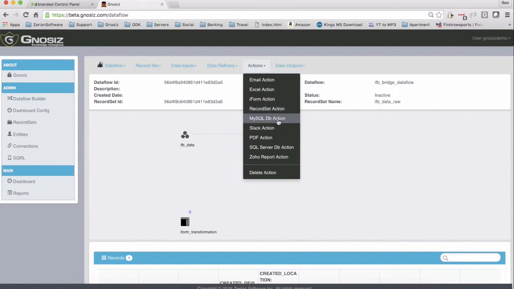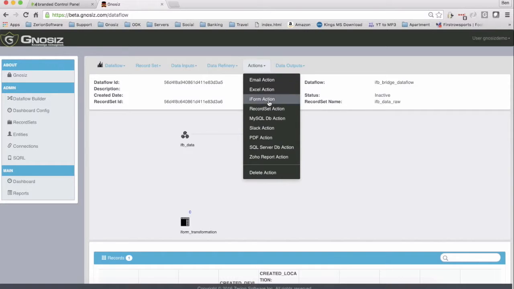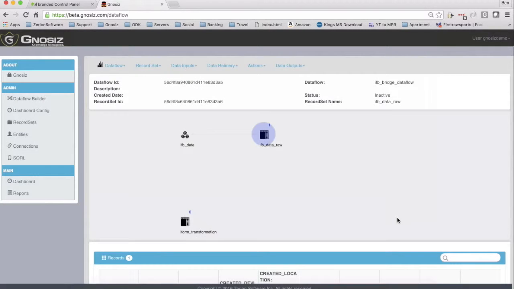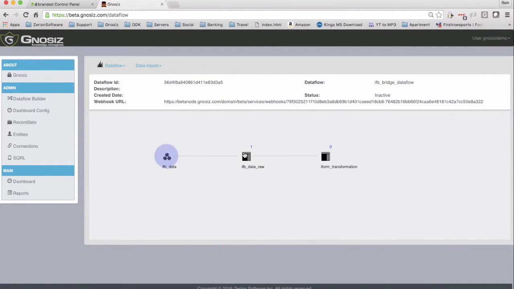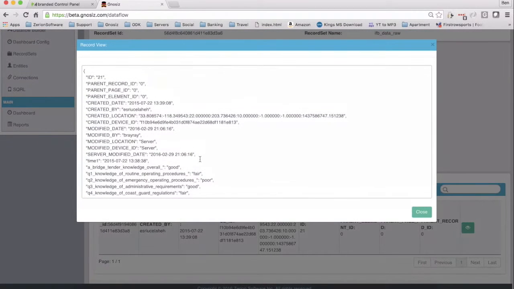So how we need to do that is first link up our record set. So I went up here into the actions and chose a record set action. From here I'm able to just send it right to transformation and save that. So now we're going to see it's going to take data from the webhook directly into the transformation table. So what we're going to do is copy our JSON here,